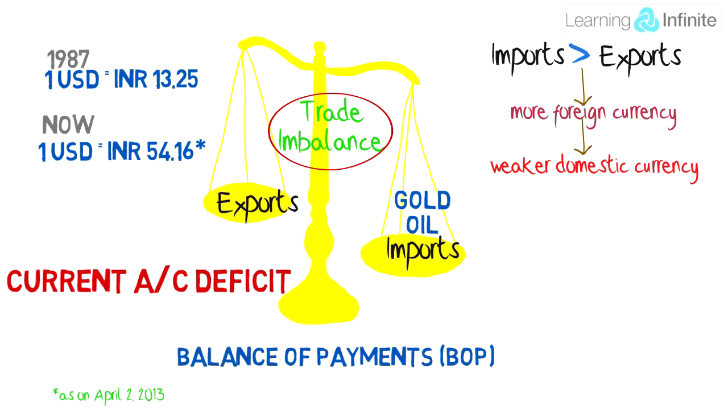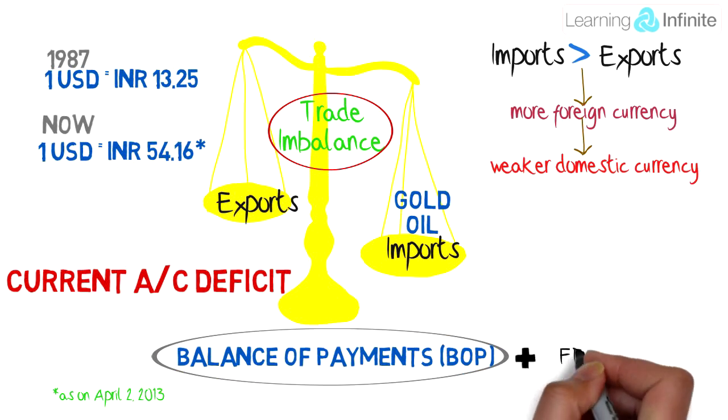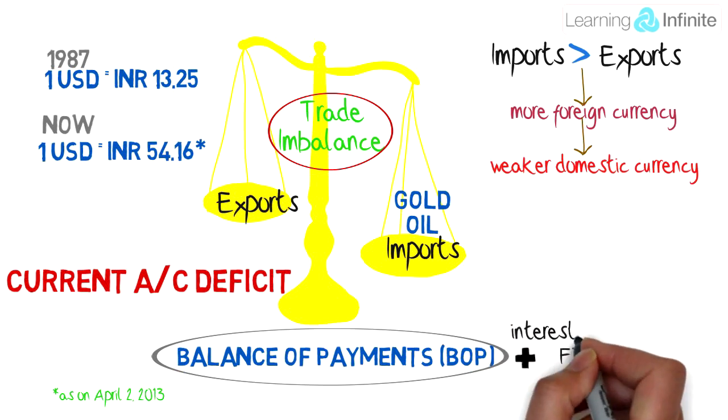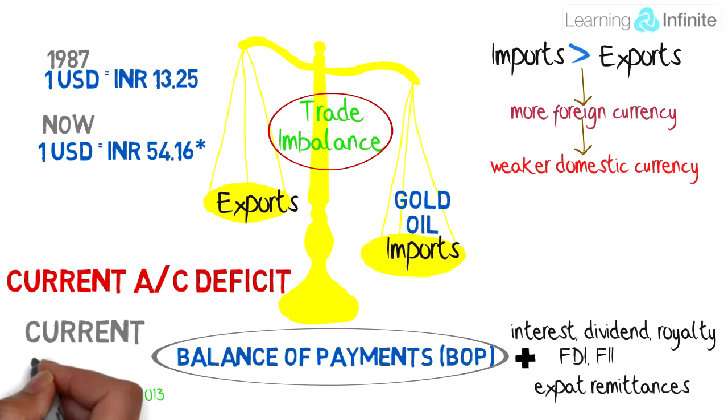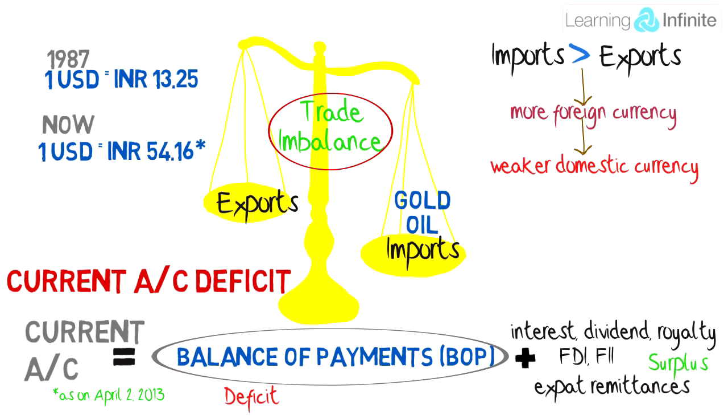In addition to trade flows, the current account deficit includes inflows and outflows for FDI, FII flows, royalties, dividends, interest payments, and expatriate remittances. In short, all foreign exchange inflows and outflows. A country may well have a balance of payments deficit, but a current account surplus caused by these flows. In such a case, the domestic currency will not be negatively impacted by the trade deficit or the negative balance